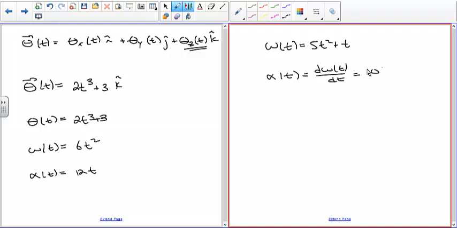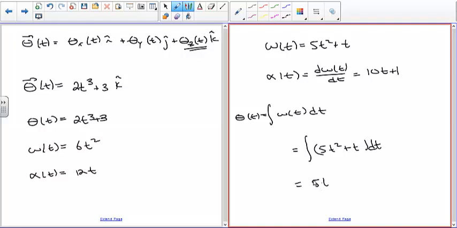So that would be 10t plus 1. Or you could calculate the angular position as a function of time by integrating omega of t dt. So we just put in omega as 5t squared plus t dt, integrate that, and you'd